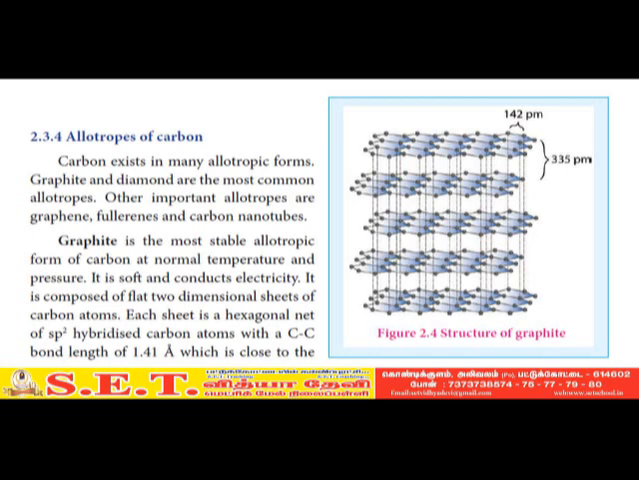Next one, allotropes of carbon. Carbon exists in many allotropic forms. Already I told you, again I repeat, allotropes means the same element having more than one structure in the same physical state. These are called allotropes. Carbon has 2 allotropic forms, for example diamond and graphite. First one we are going to know about